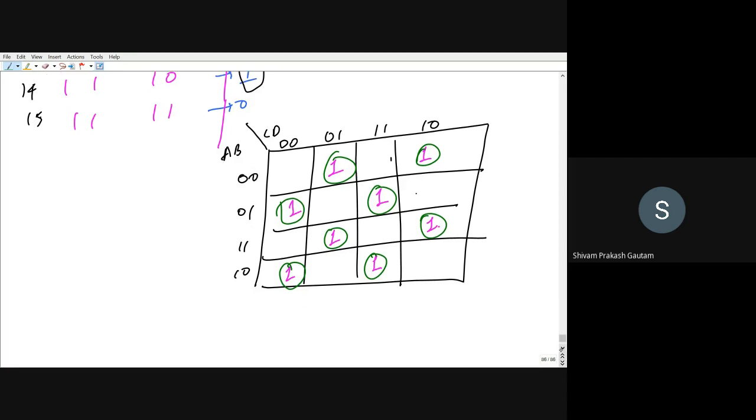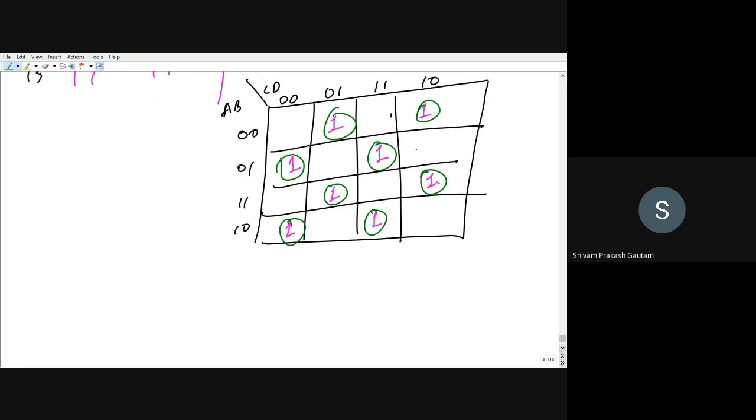Now you have to write the function. So function will be equal to, we will start from here, that is A bar, B bar, C bar, and D, which is for this box. Then we will write for this box, that is plus A bar, B bar, C, D bar, plus then this box we will write A bar, B, C bar.